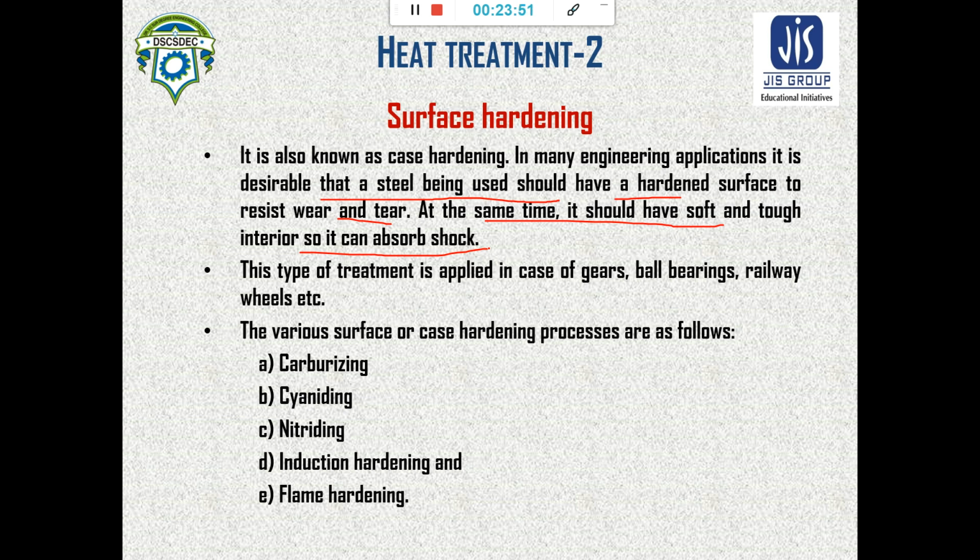In the case of carburizing, what is done? By chemical reaction, by heating the material in a highly carbonized environment, the surface hardening is achieved, that is carburizing. When in place of the carbon environment the environment is cyanide, and heating is done, that is called cyaniding. Similarly, nitriding can be done using nitrogen. And induction hardening is done by using an induction coil all over the material body.